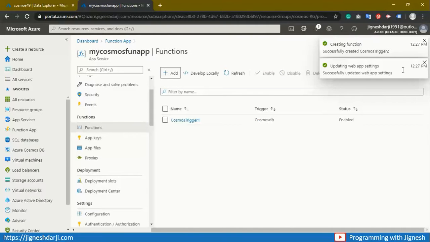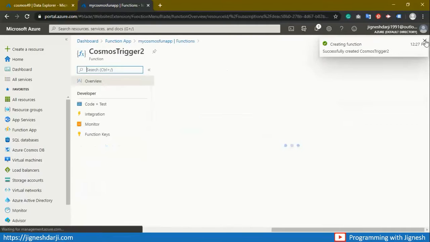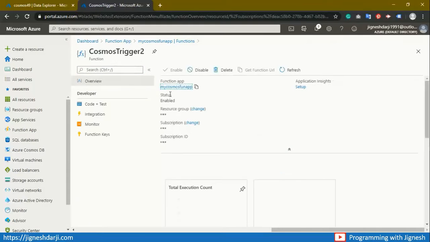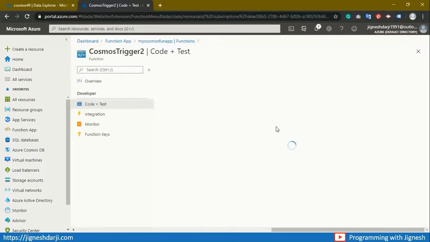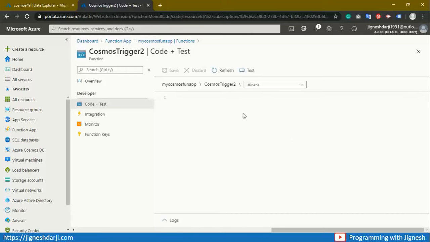Once you create that function, you can check in the log that every time a new record comes into Cosmos DB, it automatically triggers that function and executes the code in the run block.